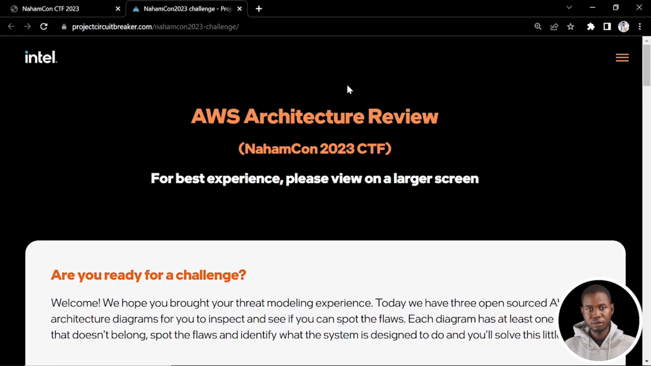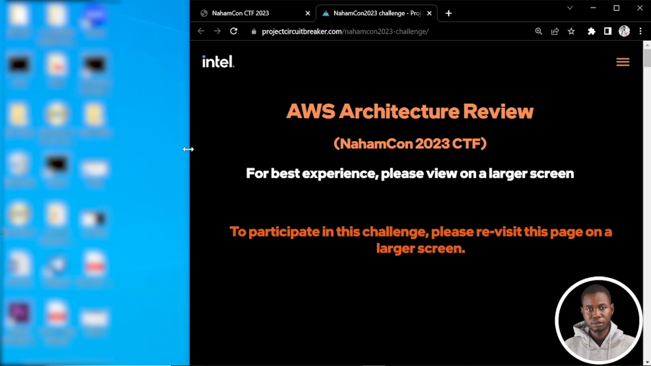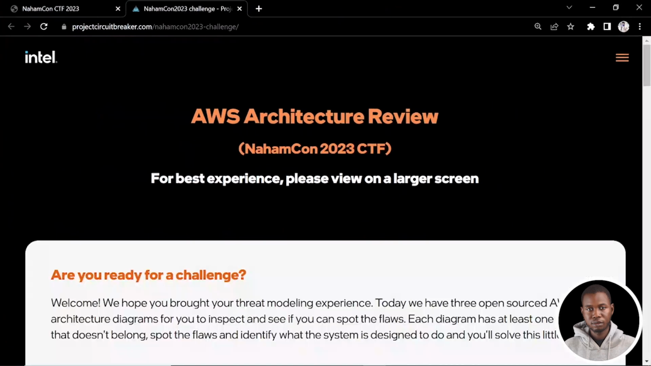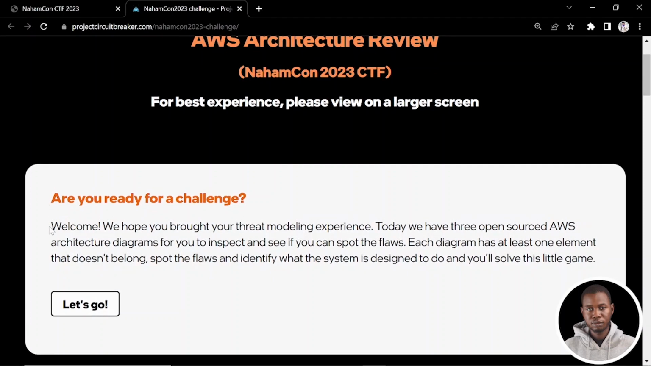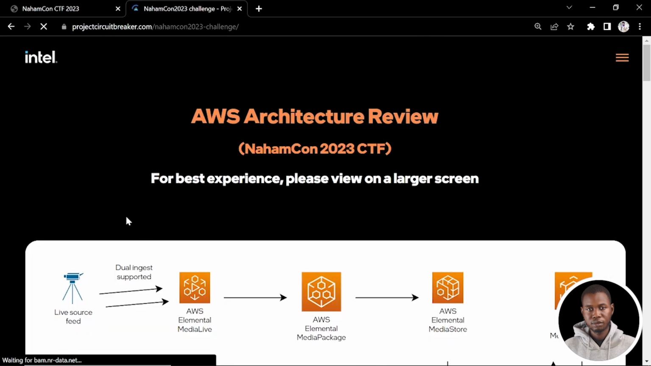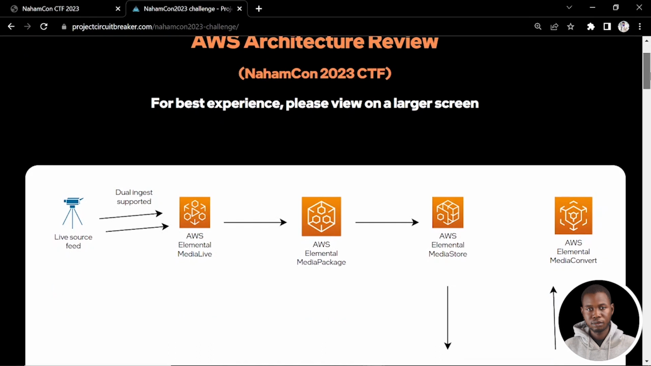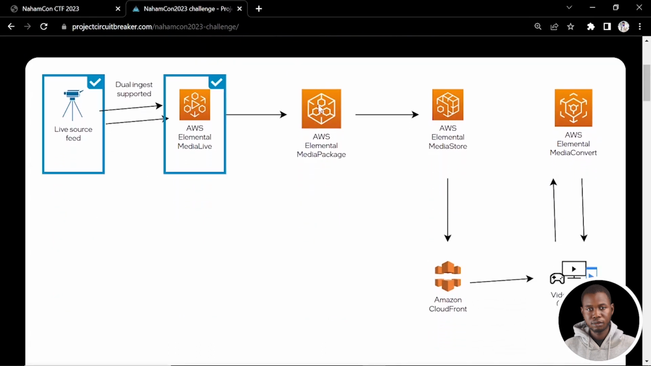Now we get our interface here with a hint. For best experience, please view on a larger screen. Now if you try to use a smaller screen, you can see what happened to the page. So instead, I will just view this on a larger screen and scroll down right here. So we have the information we had on the previous page. So we'll just go ahead and click on Let's Go. Great. So now we have our AWS architecture diagram, and you can see you can click on each of the